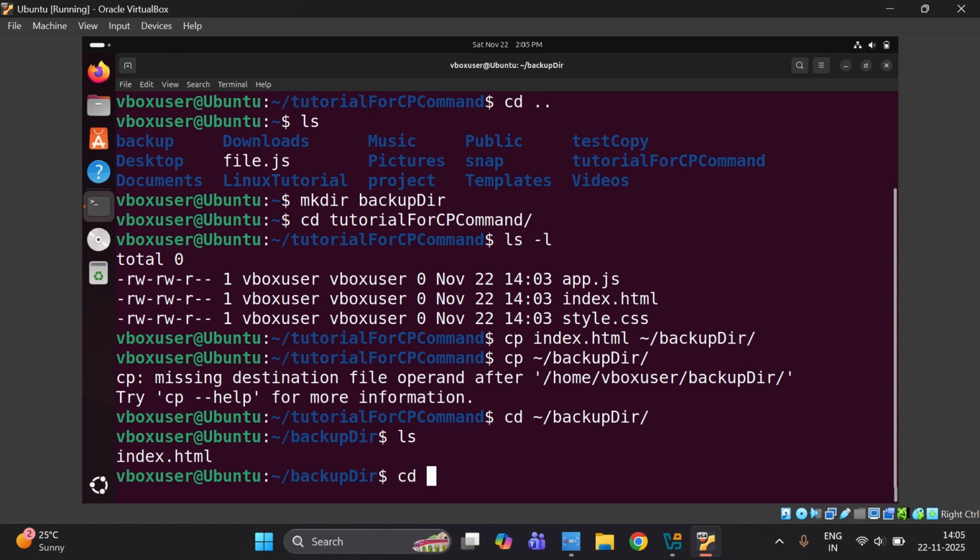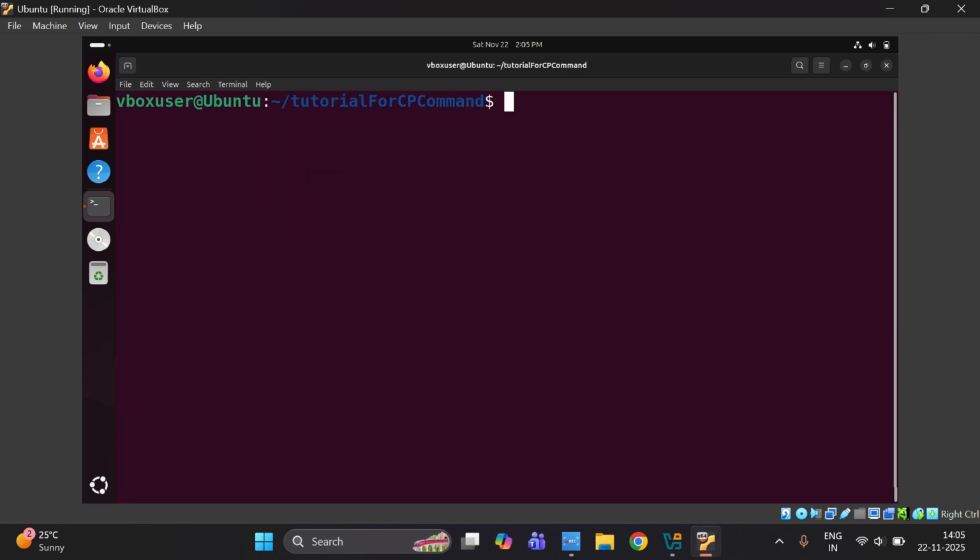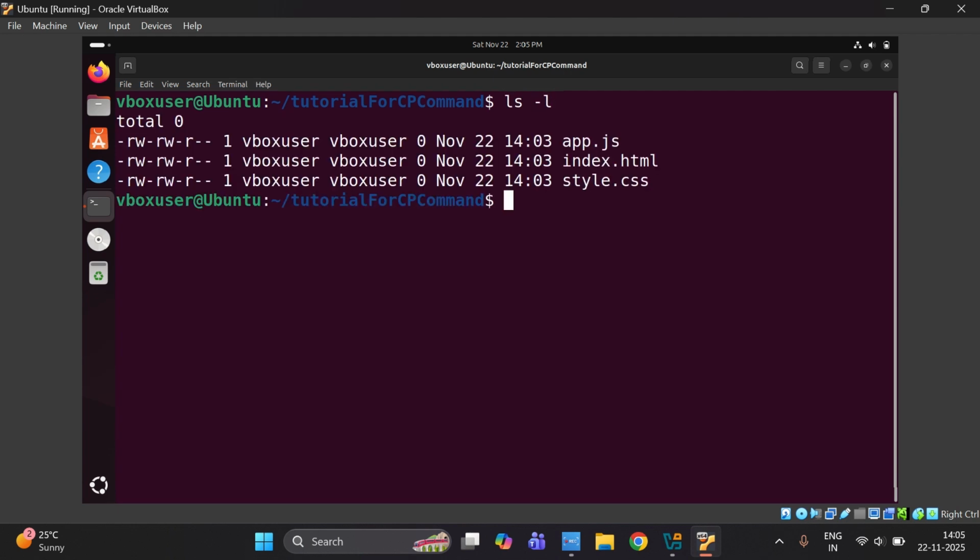Let me again go back to the previous working directory, and now let me show you. First let me clear the terminal. Now let me show you how we can copy multiple files. So to copy multiple files, there are two options. One, because I am in my current directory, if I do ls -l again, I can mention cp,